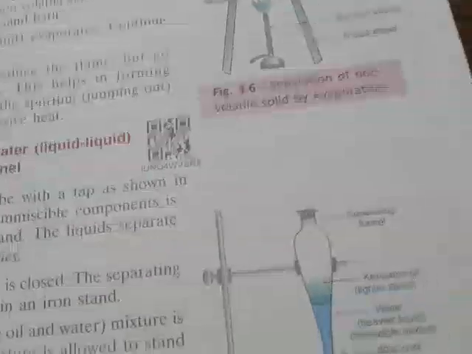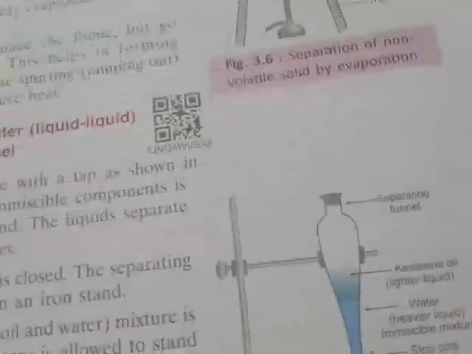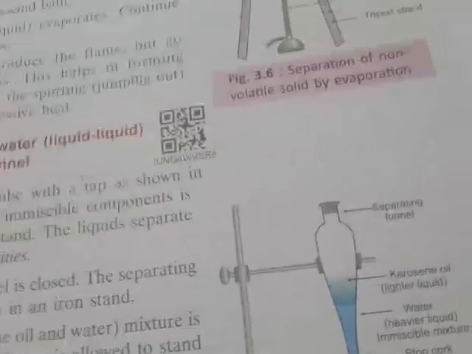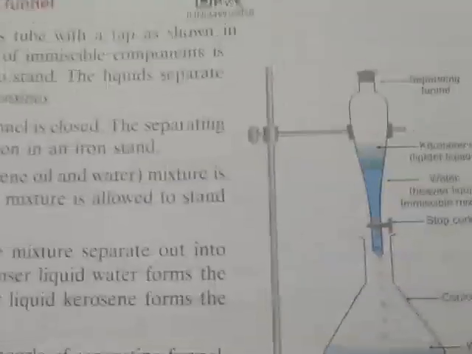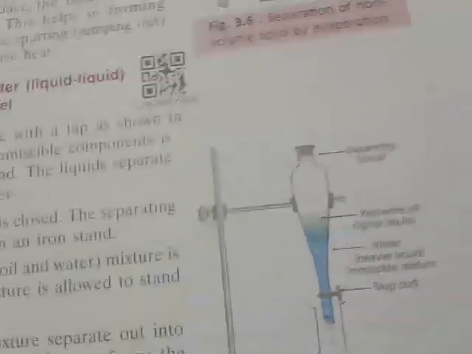So this is one apparatus over here, and one conical flask is there, and one stopcock is present here. What will happen is, you shake the whole solution and two layers will be formed, because one liquid has a higher density than another. The higher density liquid will settle first and the lower density liquid will stay above, and you can easily separate out the two components.